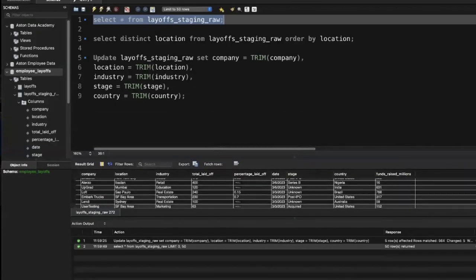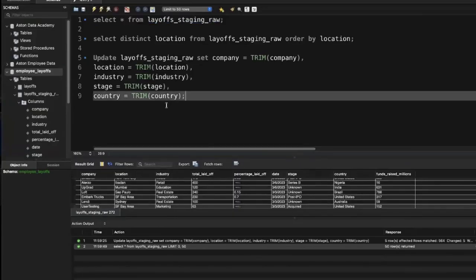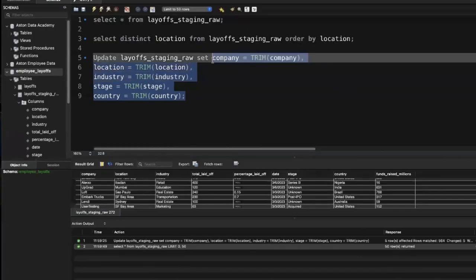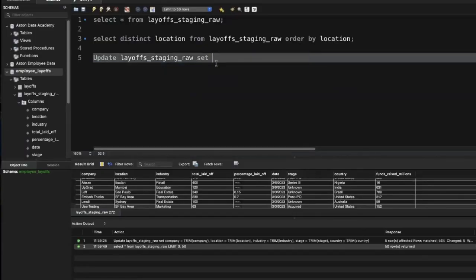Now the next bit we will want to do is the United States we saw. We don't want it to appear twice. So what we will do is to make the other one that has a full stop become the same as the United States without a full stop. So they're all the same. So we would update the query. But what we are setting in this instance is country, right? We are setting the country equals to United States,